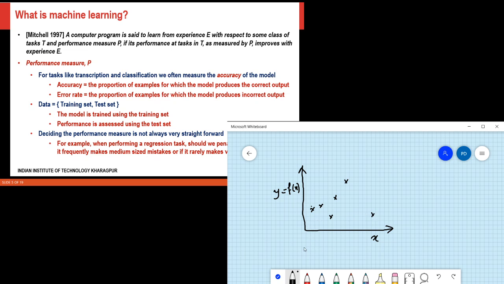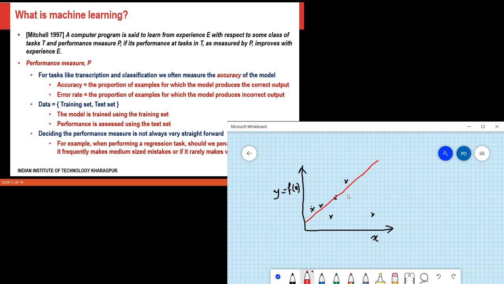Now if I am interested in, let's say, allowing many small errors, then I can probably use a function like this. Now there are many small errors, and there is one large error for this one. For this one there is a very large error.